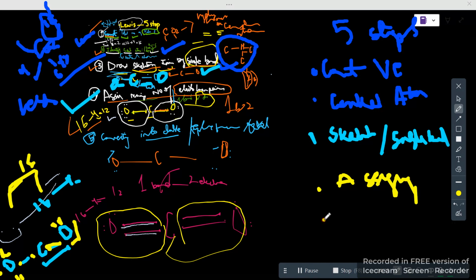The fifth step is simply, when you assign them, now you need to convert them into double or triple form. That's why in the third step you are supposed to make a single bond, so that the fourth and fifth steps can be done. If in the last step it was present here, but what if you convert this into a bond? So you find a double bond, that's so common. So you add a double